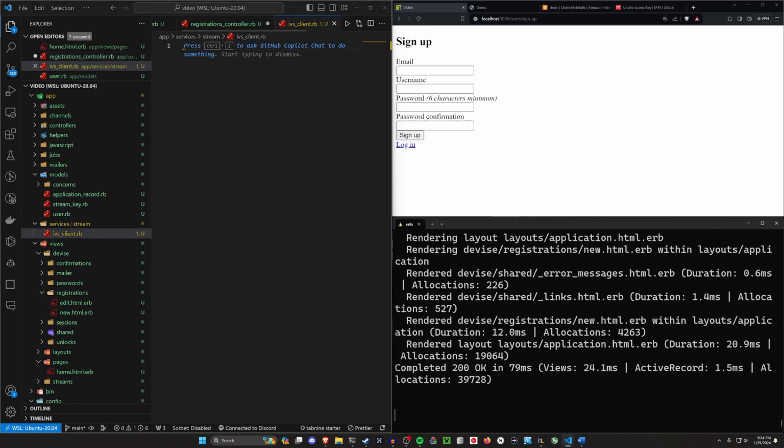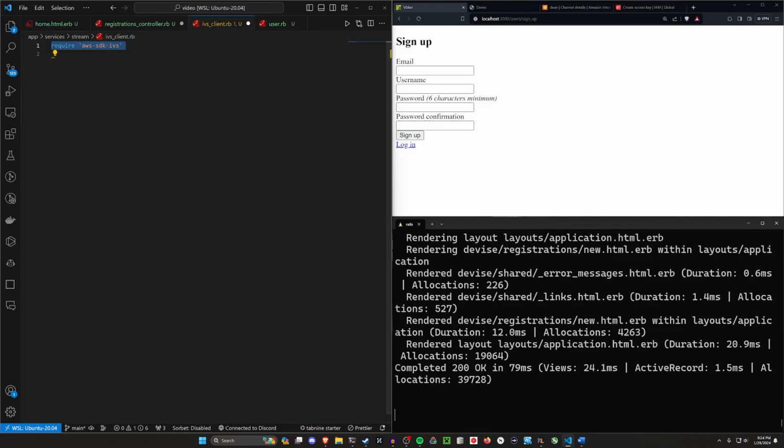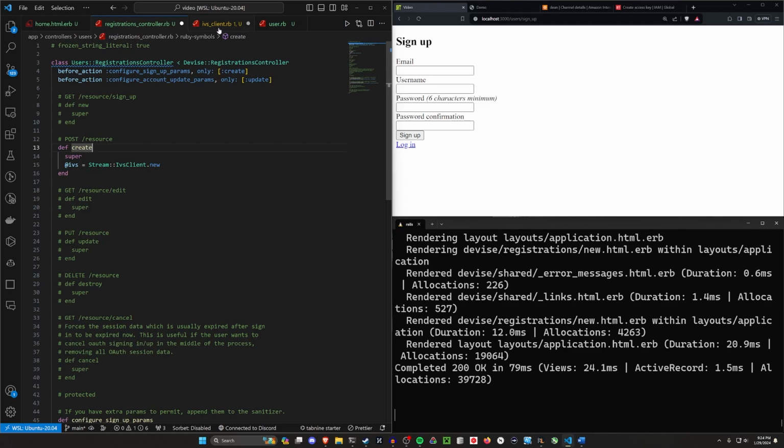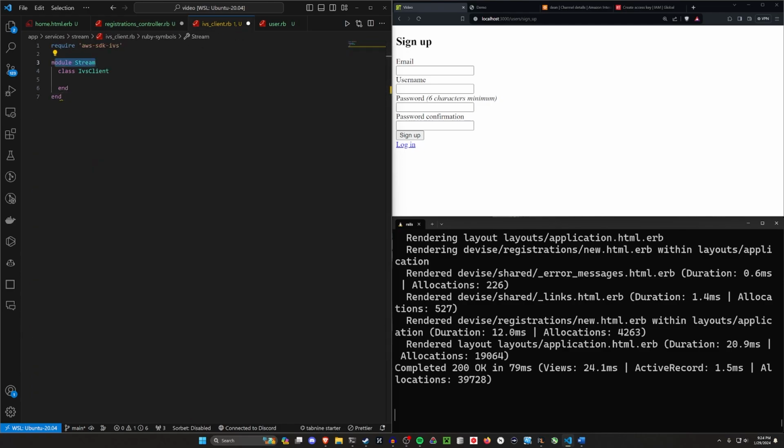And then inside of our IVS client, we're going to start by requiring that SDK we set up earlier. We're then going to create a module for stream and a class for the client. So this is why we're doing the Stream:: It's because it's inside of a module stream. Okay, so now let's go ahead and let's set this up. We have our IVS client. It needs an initialize method. For this initialize method, we can call